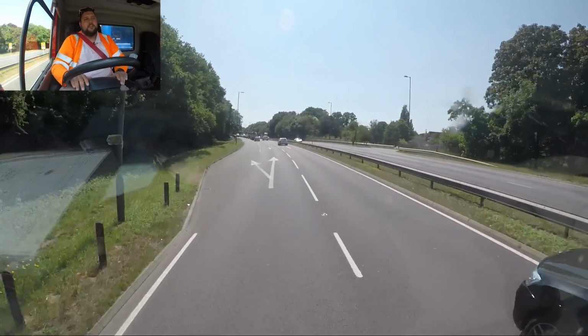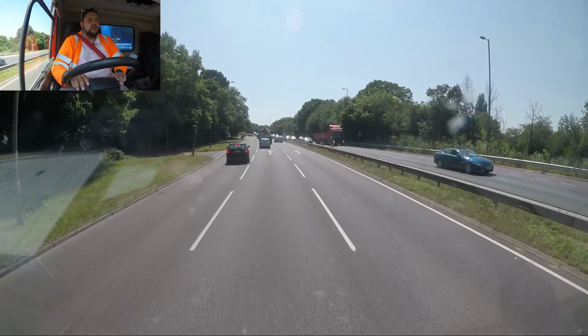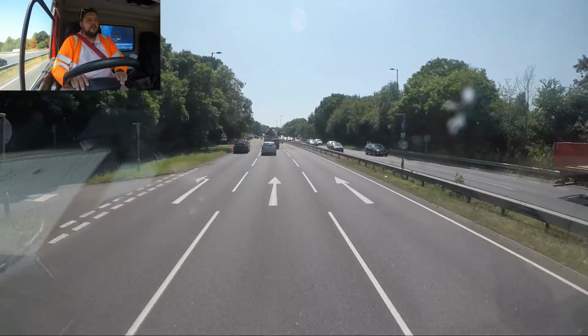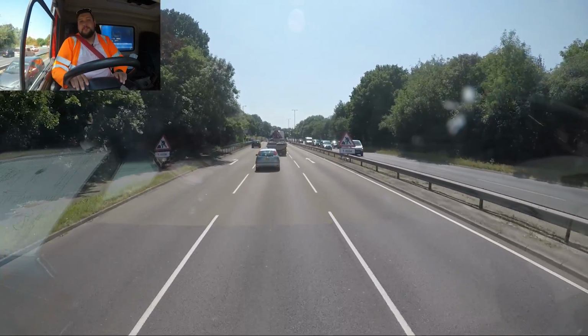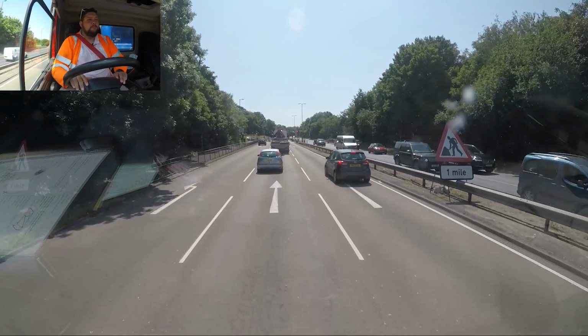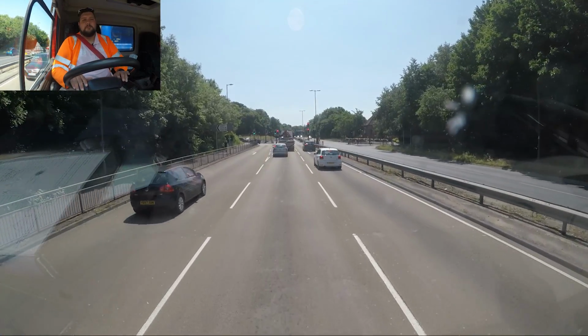There we go. They are green, but there is traffic. That BMW's just cut me up. Nicely done, mate. Well done. Got that on camera. If I hadn't been on the brakes, maybe I would not have stopped in time and hit him. You never know. So we've got no choice now but to come to a complete stop, because there are red